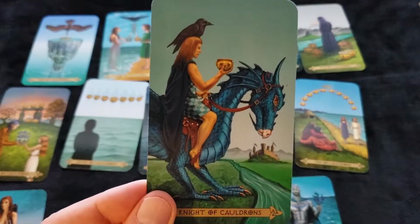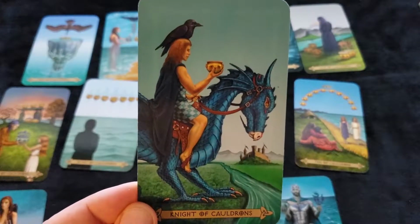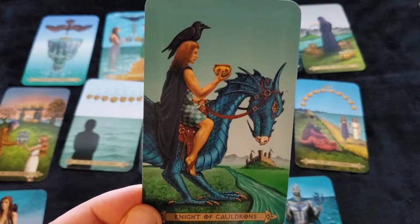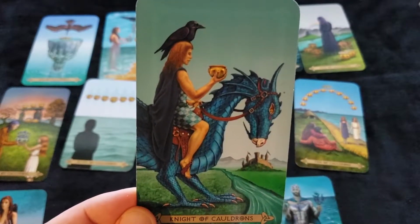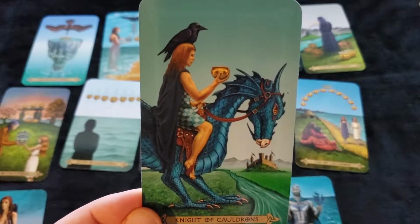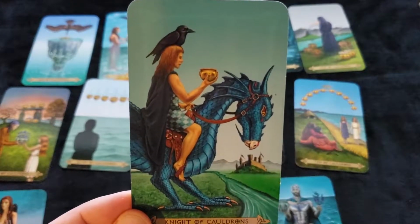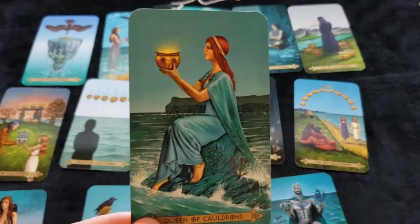And then we've got the knight, yet again on a dragon, a blue dragon there. It's got a crow. Looks like it's almost popping on his head there, you know, just sitting there. I don't know if I'd let a crow sit on my head, but he is. You know. Here we got the queen